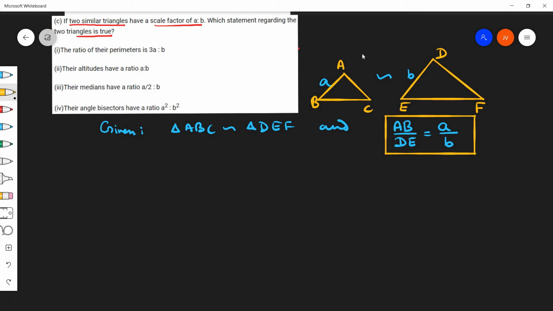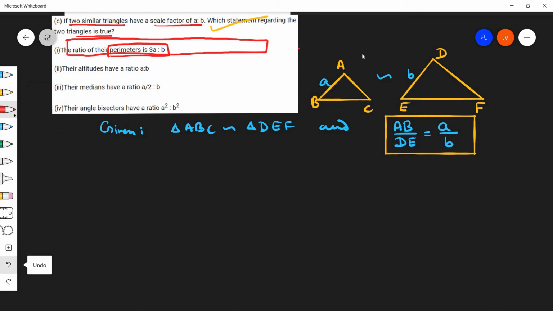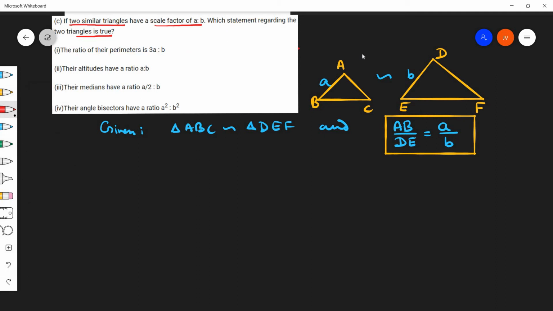Now the first one, ratio of their perimeters. If this is the situation that is given, we have to tell whether the ratio of their perimeters is in the ratio 3A is to B. Whether it is true or false, for that I will prove it. For the first bit, what can be done? Just see, for these two triangles, ratio of perimeters: since triangle ABC is similar to triangle DEF, then the ratio of perimeters